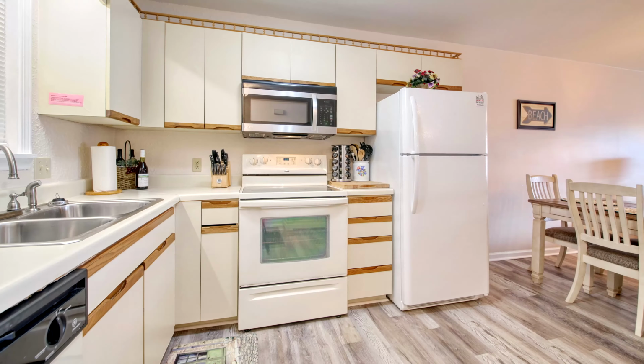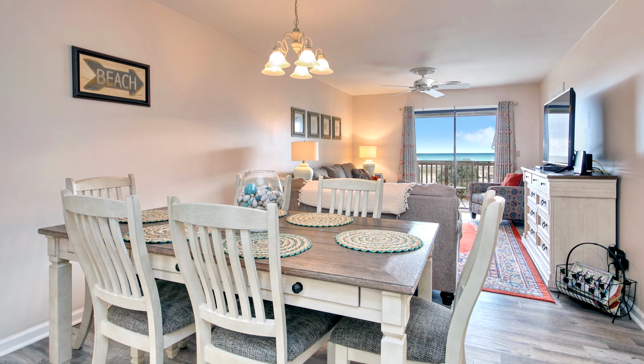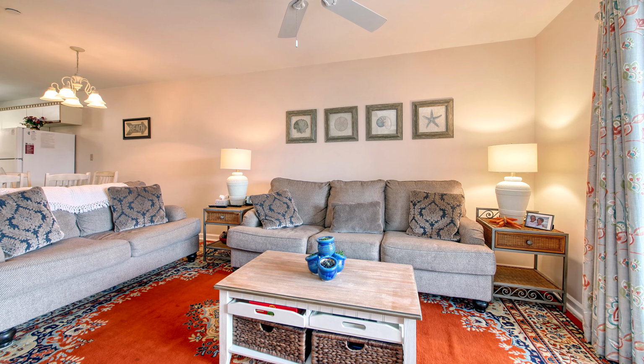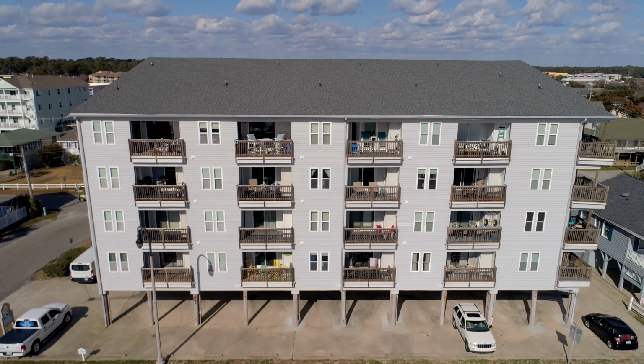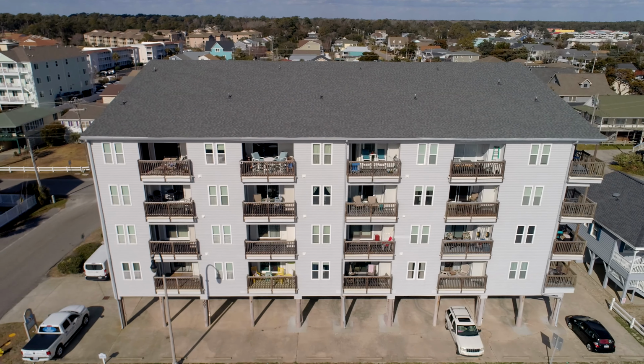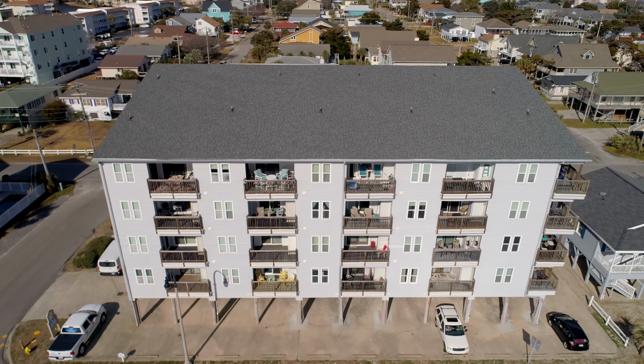Recent improvements include luxury vinyl flooring, new furniture, vanities, water heater, and HVAC system. This inviting condo is housed in Ocean Terrace, a raised beach building with convenient parking, elevator, and swimming pool, and